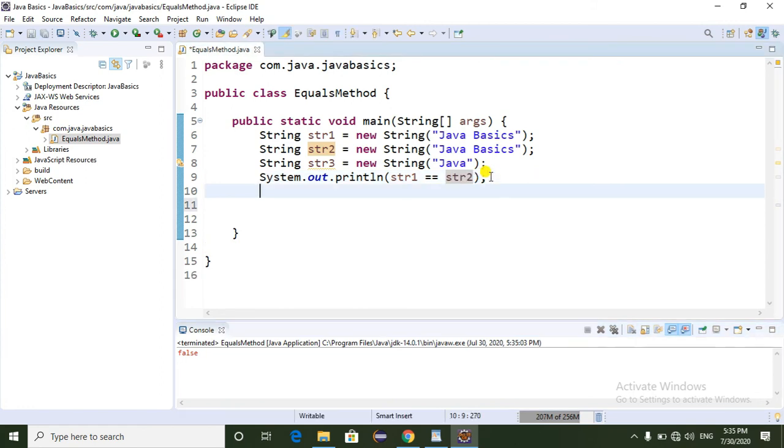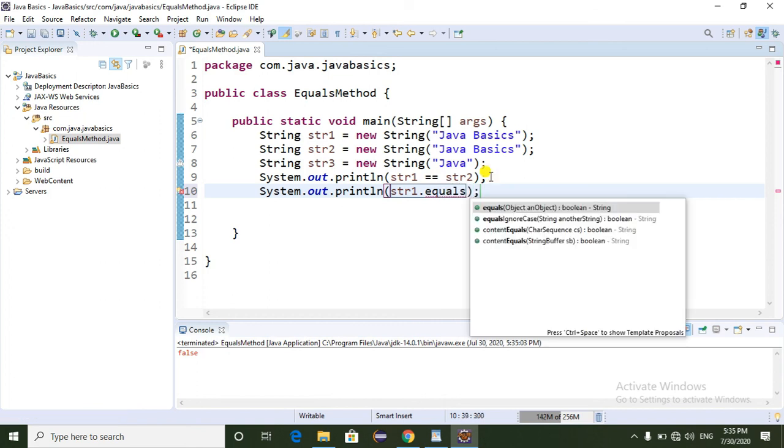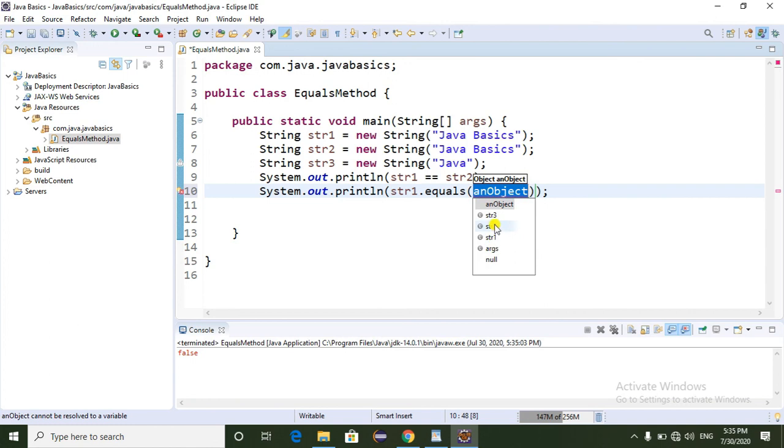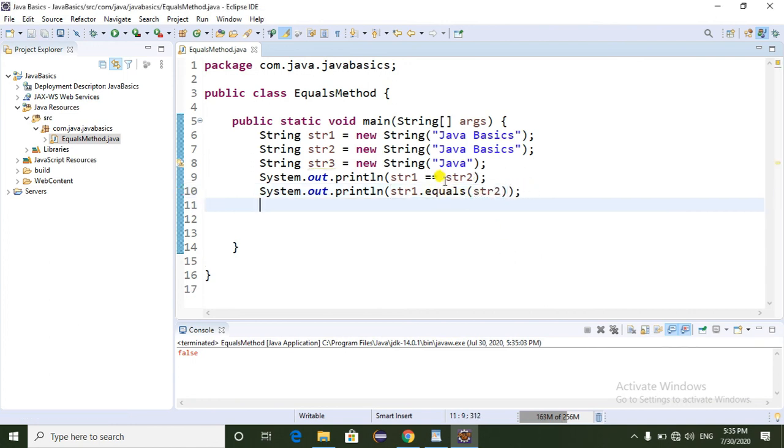Now I am going to use the equals method: str1.equals(str2). If you use the equals method, it always compares the content of the string.